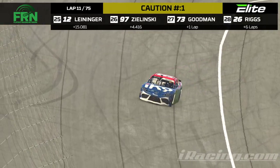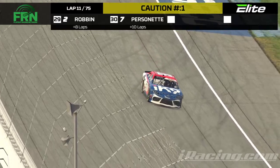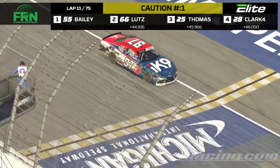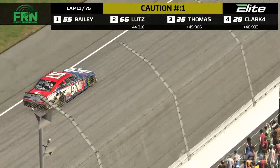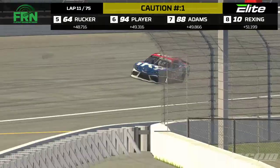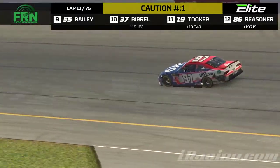Looks like he might have just lost it on his own, Seth. He's having some connection issues, too, after that spin, so that might have been what caused him to spin out. But yeah, I just barely saw the AK9 logo exit stage right at the top of the screen. And it doesn't look like he's got much damage either. No, he hit that inside wall pretty softly, but there was another guy who had a little issue as well